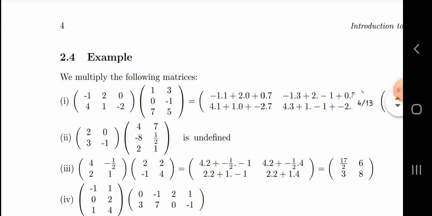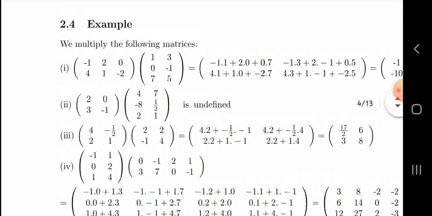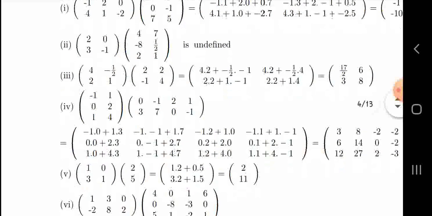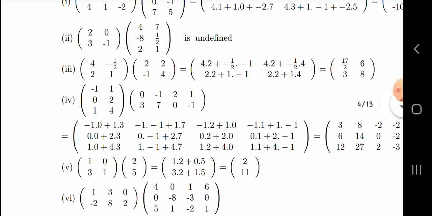But here the first one that is small, we cannot multiply it with the second one that is big, that has 3 columns, it has only 2 columns. How can we multiply? We will not get any number. See, if you multiply also you will not get any number. But here what you can do, first one you can multiply with the second one, and if you want, that last, that fourth one that was left, that you can